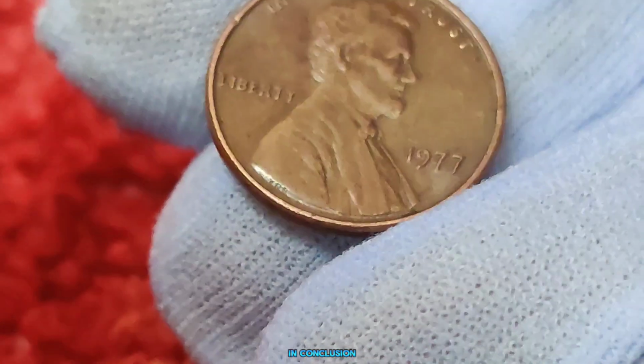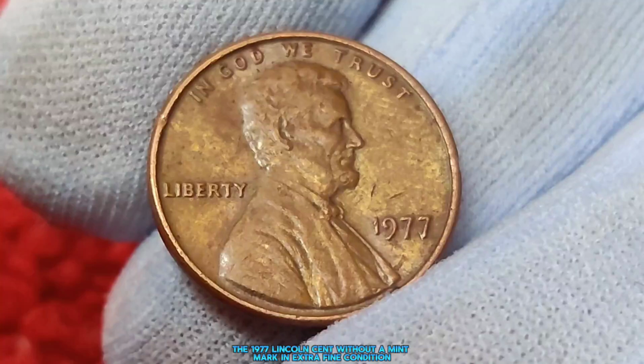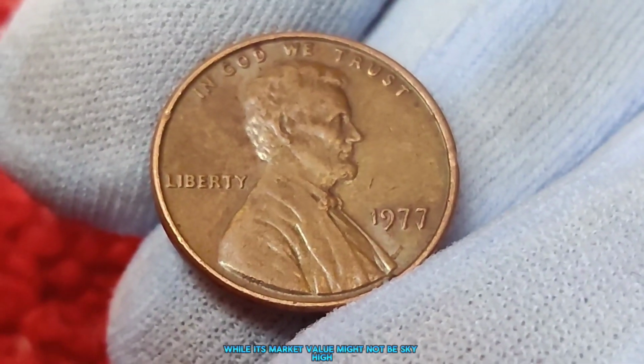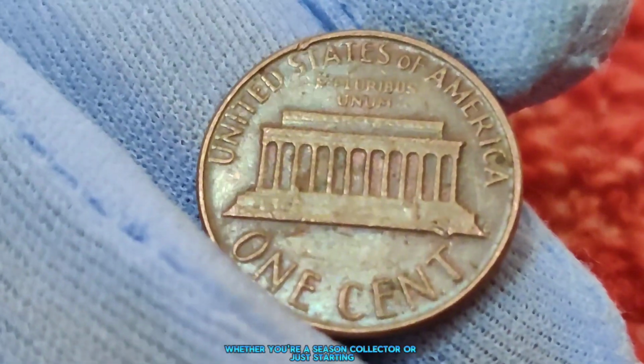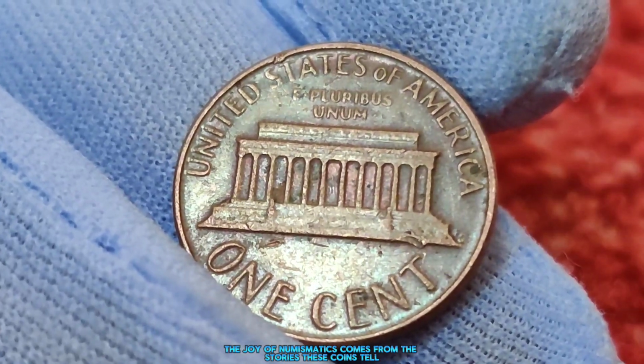In conclusion, the 1977 Lincoln cent without a mint mark in extra fine condition is a charming piece of American history. While its market value might not be sky high, it's a valuable addition to any collection and a testament to the enduring legacy of Abraham Lincoln. Whether you're a seasoned collector or just starting, the joy of numismatics comes from the stories these coins tell and